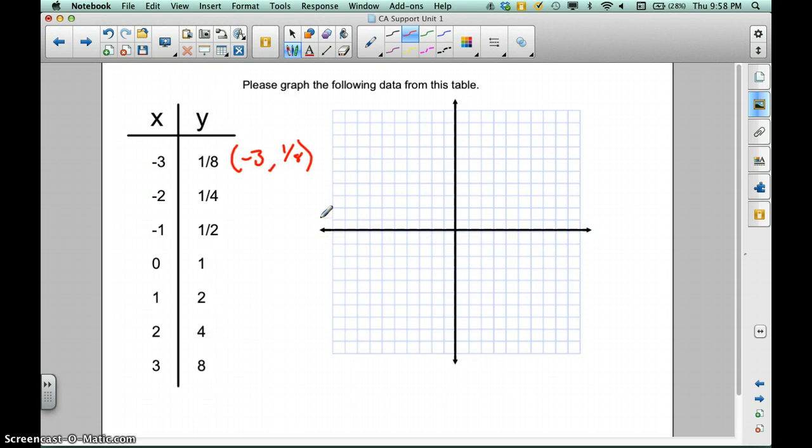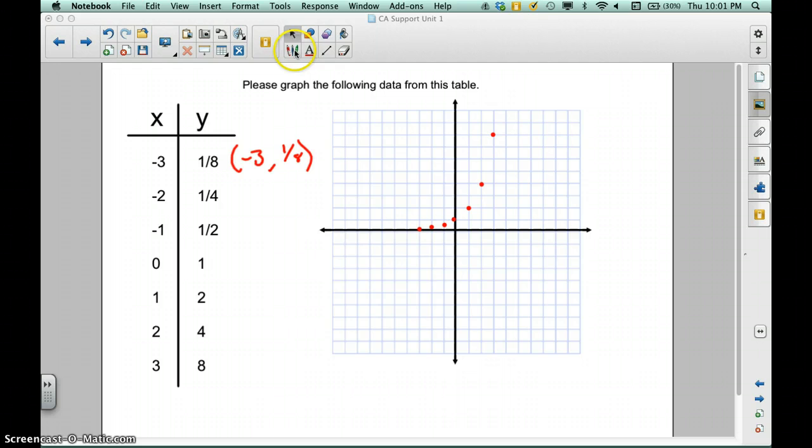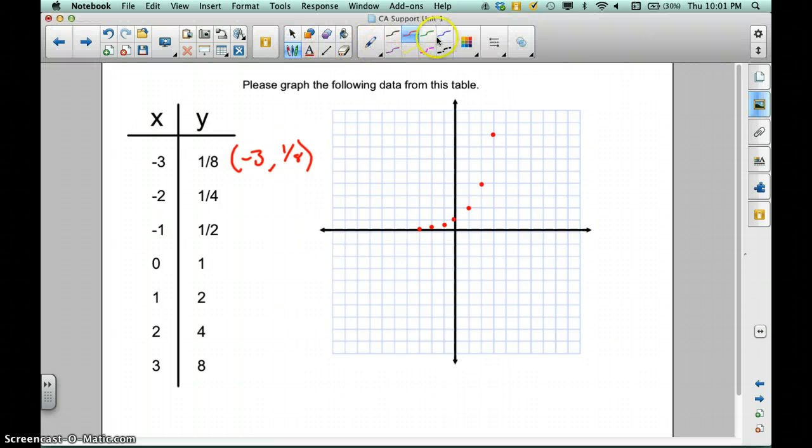And I know that they will be very close, and that's okay. Pause the video and complete your graph. Now, restart again when you're done plotting these points. So you should have a graph that looks the way this one does. And if you take a smooth curve and connect your dots,